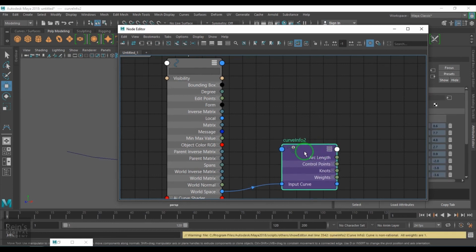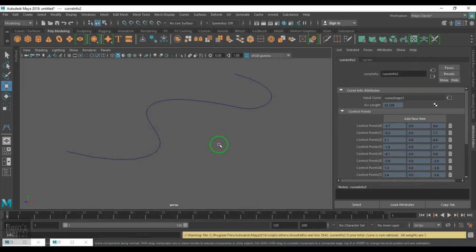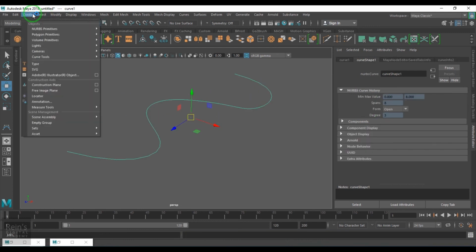So that's how you can create the curve info node and then use its length for stretchy rig purposes or any other purposes where the arc length or the length of the curve is useful. If you get into the create and measure tools, there is a tool called arc length tool.